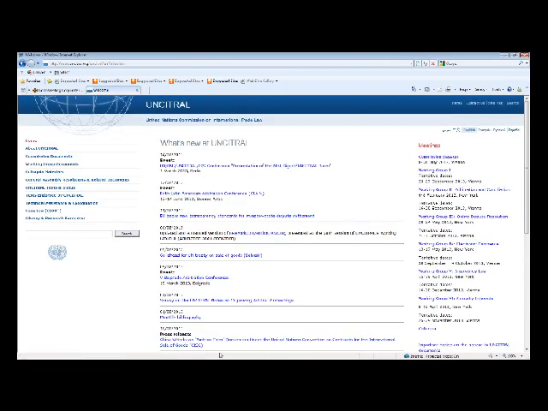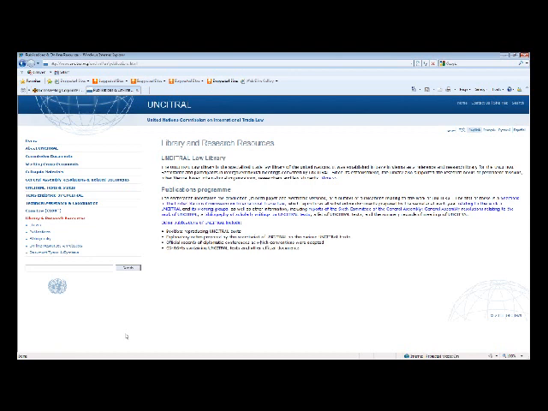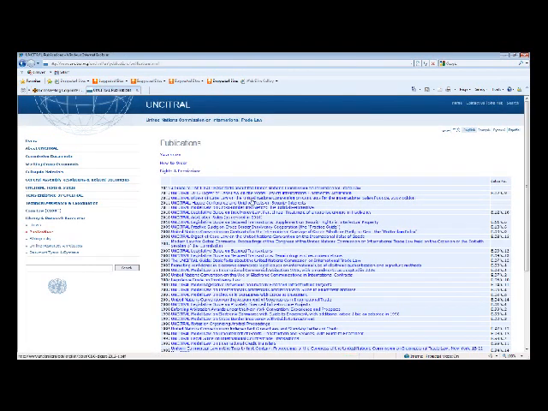Another area of this website that you may find useful is this one, Library and Research Resources. Okay, and here you can click on Publications, for example. This has a list of all publications produced by the United Nations Commission on International Trade Law. And some of them are quite interesting. I myself just recently downloaded this one, UNCITRAL 2012 Digest of Case Law on the Model Law on International Commercial Arbitration. So there are a number of useful publications, but